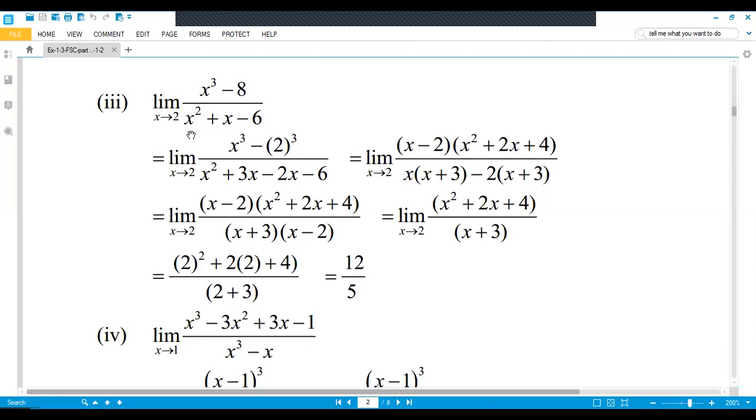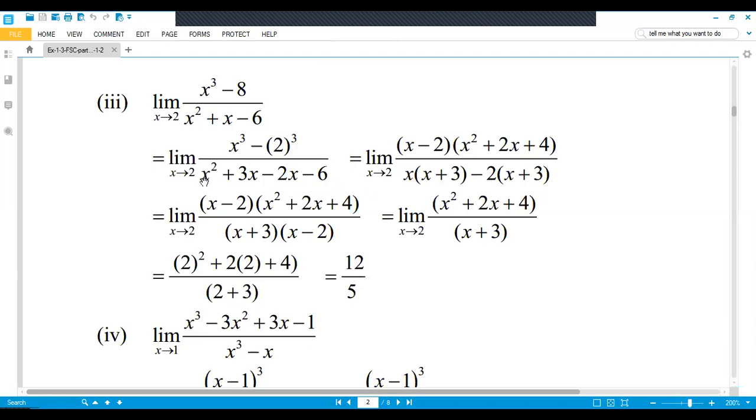Now look at the denominator. The denominator is x square plus x minus 6. So you factorize it by the PQ method. Look, the first term multiplied with the last gives minus 6x square. We need factors of minus 6x square that multiply to minus 6x square and whose sum or difference gives x. So 3x minus 2x, and 3 times 2 is 6x square. When you subtract 2 from 3, you get positive x, the middle term.